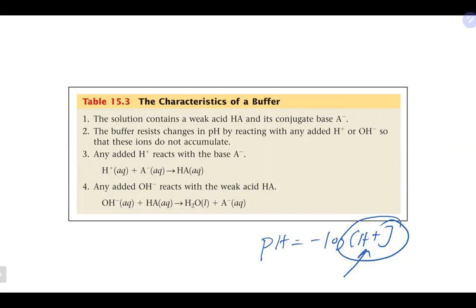For our purposes, the way you can identify that is the Bronsted-Lowry definition. First, you want to make sure that they are related to each other by just a difference of 1 H plus, if you're trying to decide, can these two things make a buffer? The second thing that you want to make sure is neither of those guys is a strong acid or